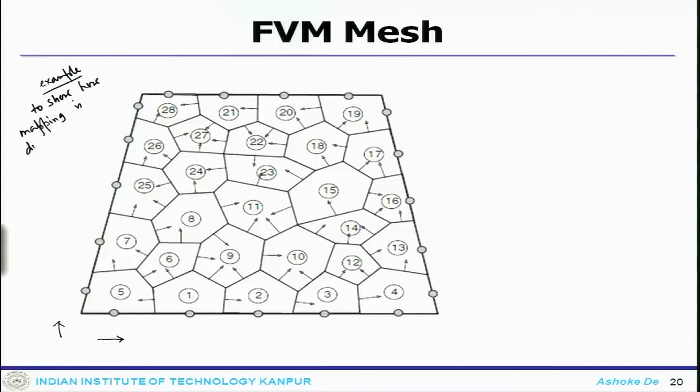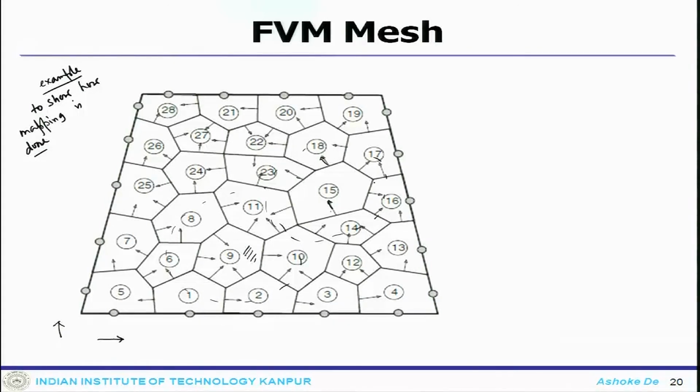Okay. So, this is the element 9 which we have been discussing and the surrounding elements like this. But if you go to just one other element, like let us say 11 or 15, you see this is connected with its surrounding elements and they are vectors, some of them going out, some of them coming in. So, that is true for the other elements. This is how it is actually done.